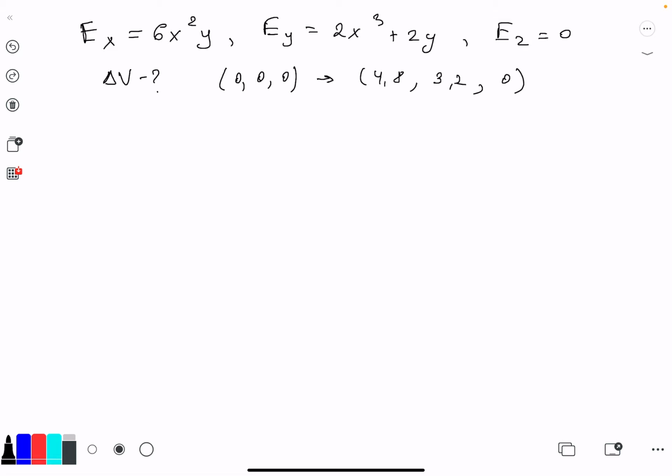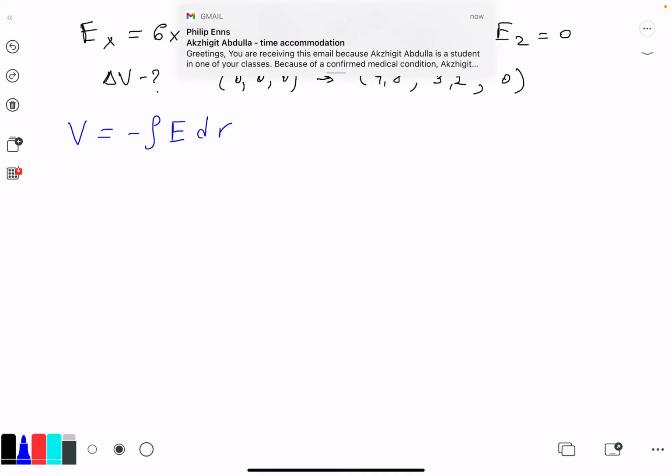Now this problem basically can be solved in two ways. The first way that I would recommend would be in this way. So V is equal to negative integral of E dr, right? So now our E vector